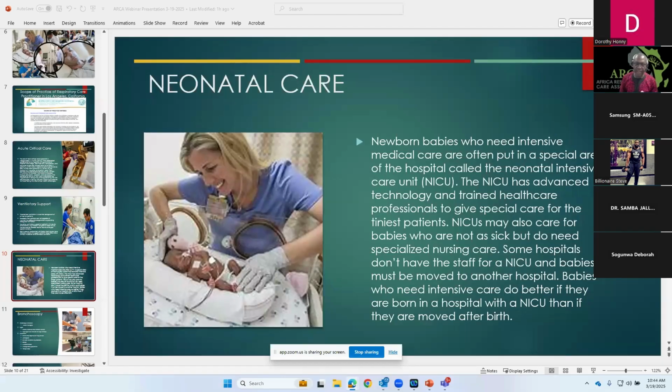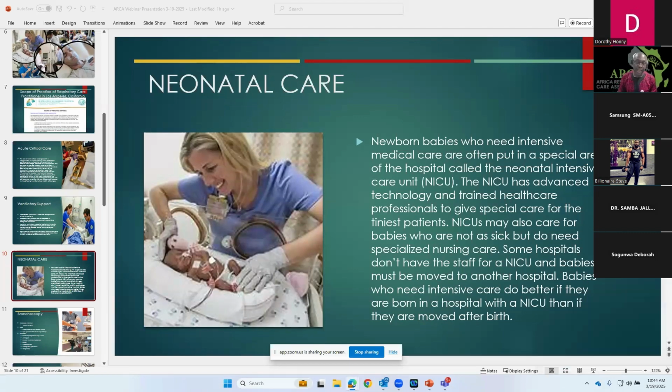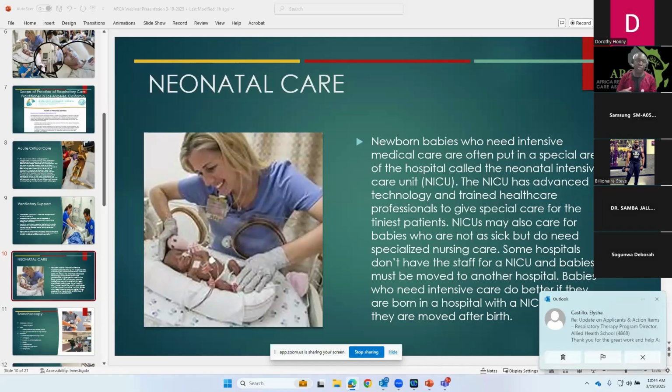So a key area where respiratory therapists work is in the neonatal intensive care unit. Our neonatal intensive care unit at our organization is considered a level 4, where we take care of babies that are 22 weeks old, and we go into the delivery room with the doctors and the nurses, because the babies are born prematurely. We take them to the neonatal intensive care unit. Either the doctor or the respiratory therapist will intubate the patients. That means they'll put the tube down their throat and connect them to the machine, where the machine is the one doing all the breathing for the baby.